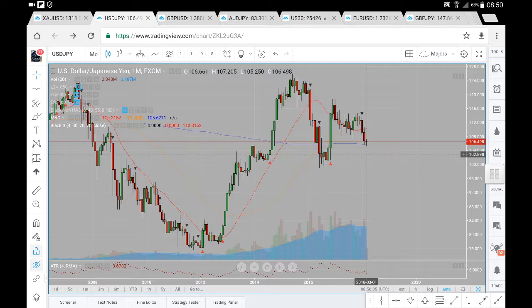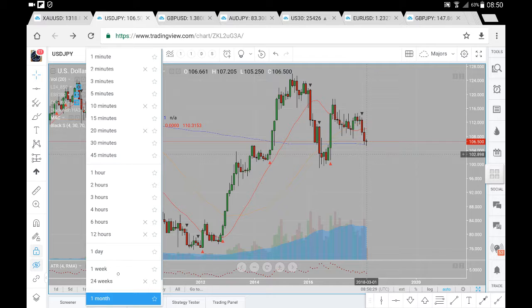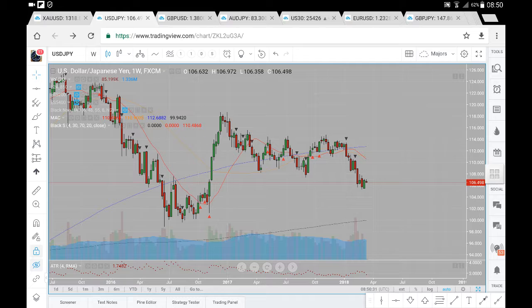Our 200 period moving average here on the monthly time frame currently sits at 105.62. So in around that 105.55, we do have the 200 period moving average here on the monthly time frame, further adding to the area being a confluence area. And we have seen some buy side momentum come off this market, but the most recent trend does appear to be to the downside. Now we're going to have a look at the weekly time frame just to see how